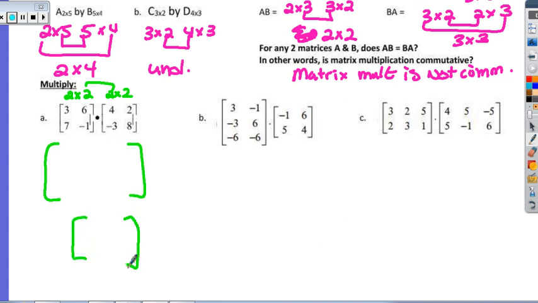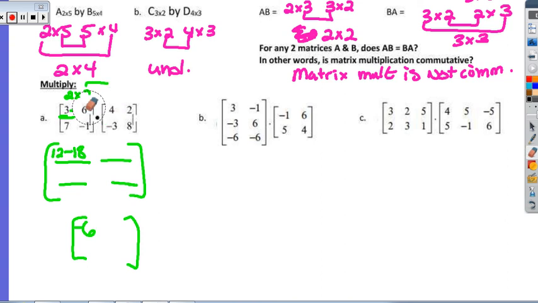What I like to do is set up a work matrix and then a final answer matrix. So we're looking at this here. I need to fill this spot here, which is row 1, column 1. So I'm going to pull from row 1 and column 1. I'm going to start with the first elements and multiply them together, then move to the right and down one. 6 times -3 would get us -18, and you're going to wind up with -6 in that first position